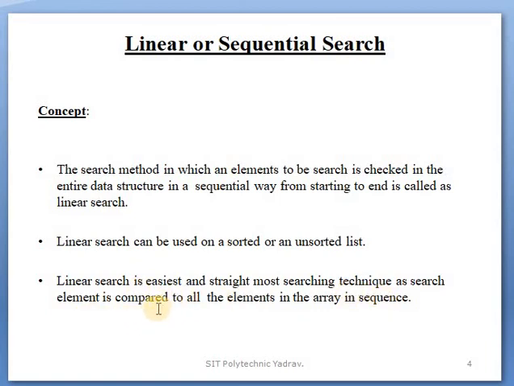Because we only compare the element with all the elements of the array in sequence. In an array of any type or size, the elements are compared sequentially one by one. No logic is applied, so it is called a simple and straightforward technique.